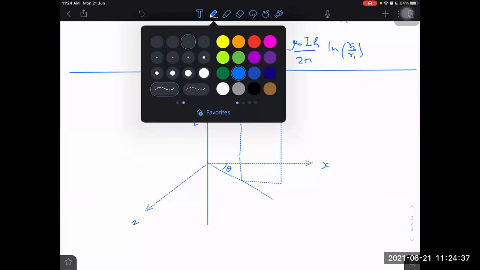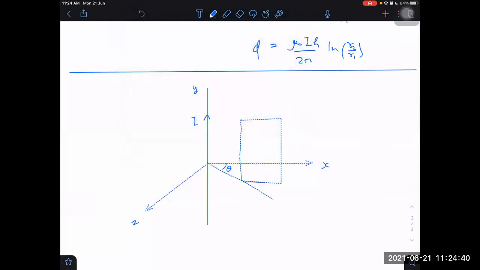Sir, base is parallel to x-axis? This base is parallel to x-axis, correct, and the vertical lines are parallel to y-axis. There are two horizontal lines; those are parallel to x-axis. This theta angle is just representing where it is located. It is located at a distance r. This closer end, point A, is located at a distance r at an angle theta with x-axis. How to find for this case?